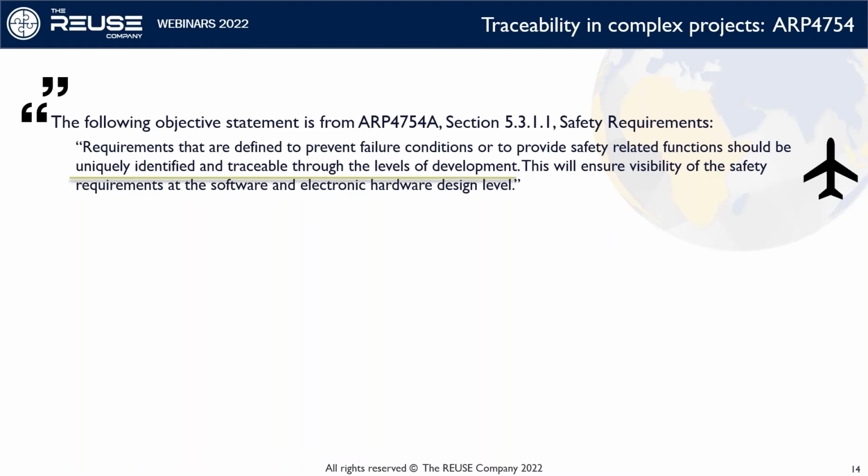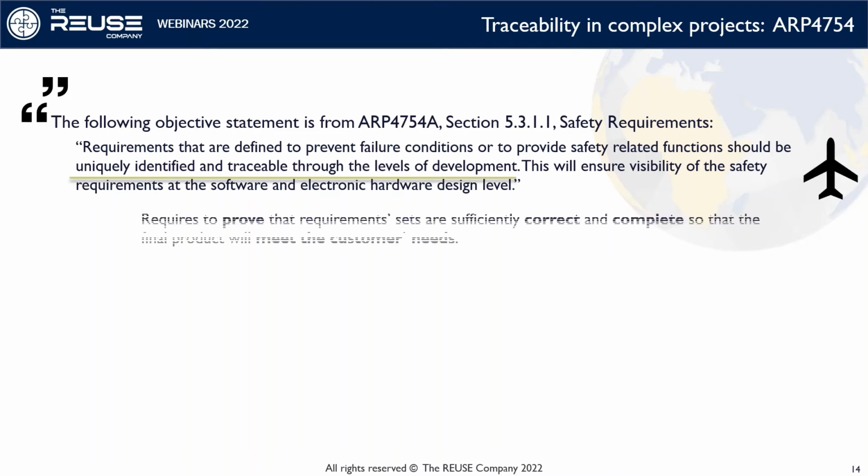This is another definition. In this case, is a definition of what a safety requirement is, as included in the ARP 4754. And we see together with the definition this notion of traceability, right? So traceability requires to prove that requirements sets are sufficiently correct and complete so that the final product will meet the customer's needs. So when it comes to speak about customer needs, perhaps we should replace these customer needs by system requirements,